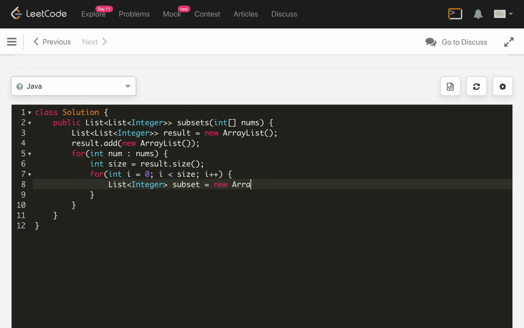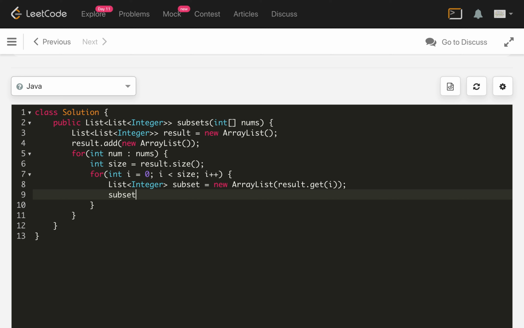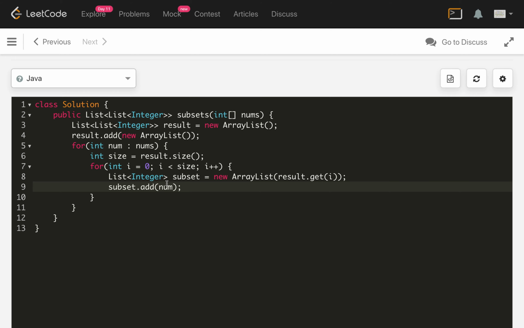Let's create a new array list, and we will add result.get, the previous subset at index i, and then we will call subset.add